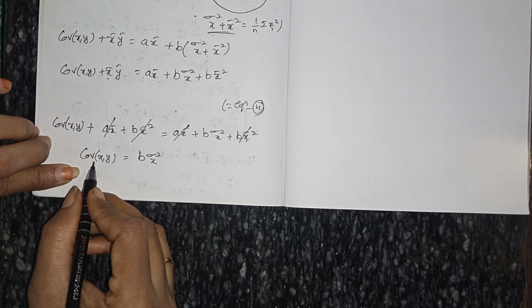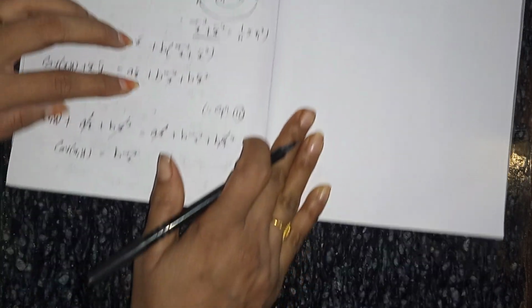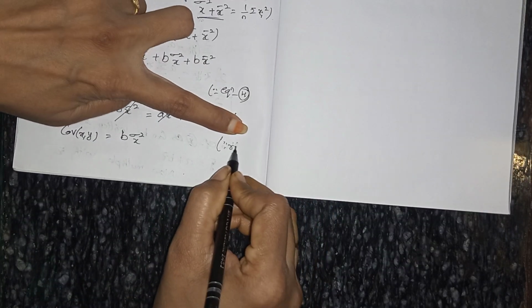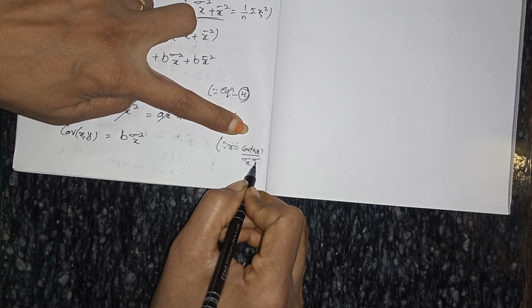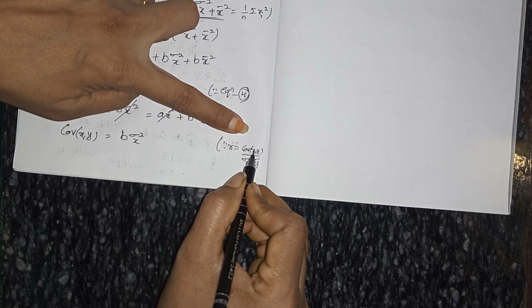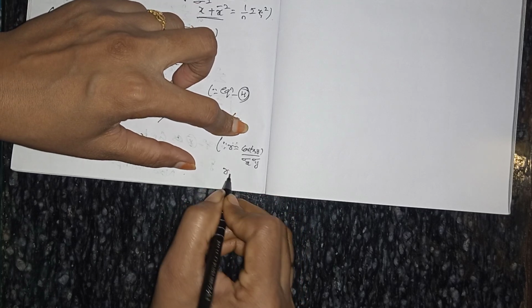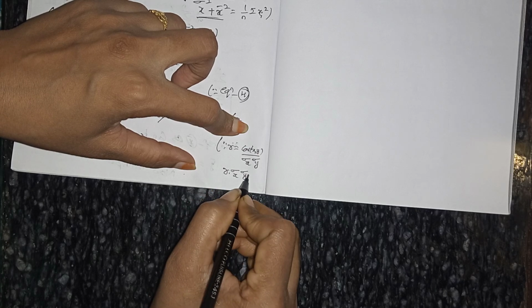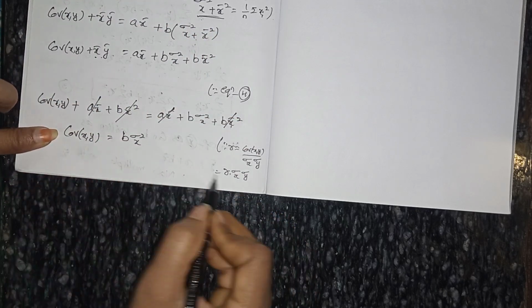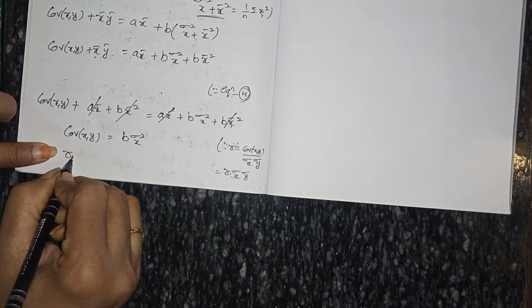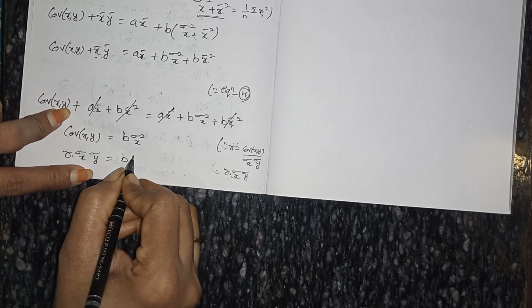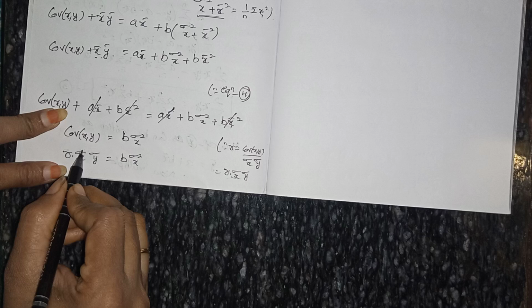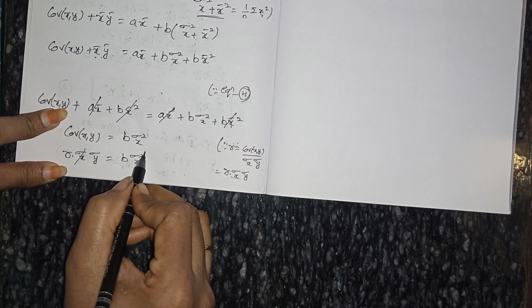Now covariance of x comma y, we all know that r equals covariance of x comma y by standard deviation of x into standard deviation of y. In place of covariance we can substitute r into standard deviation of x into standard deviation of y, isn't it? So I am going to substitute this r into standard deviation of x into standard deviation of y equals b sigma square x. So here one sigma x gets cancelled. So the remaining term is